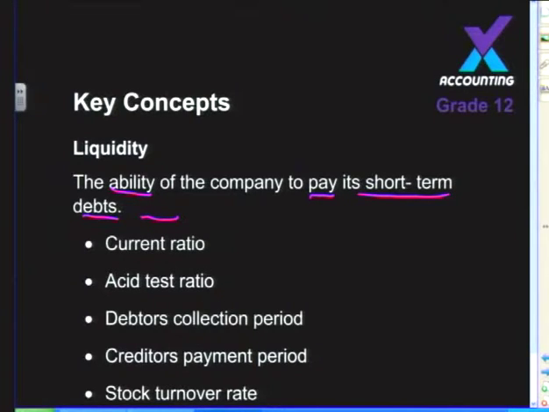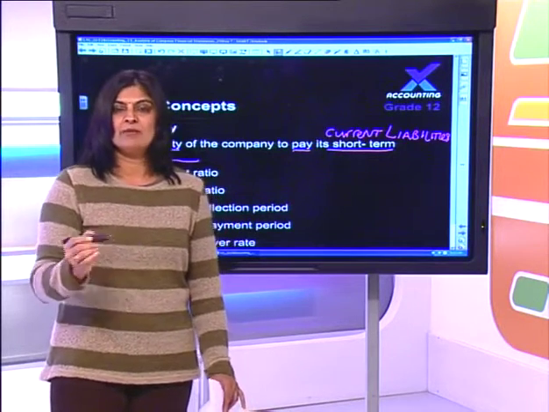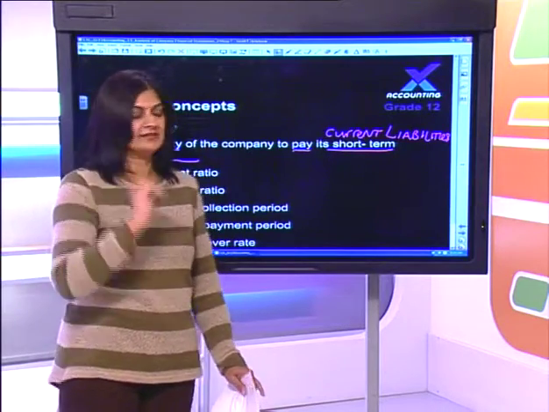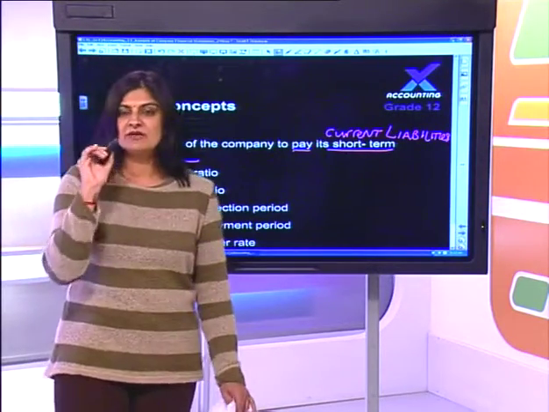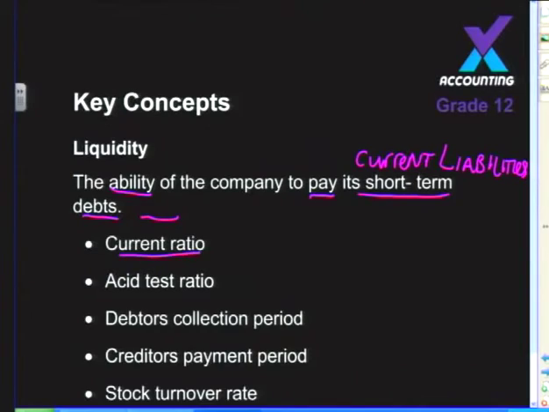Now, what do we mean by short-term debts, guys? Here we're talking about all their current liabilities. So can the business pay their current debt, their current liability, such as their creditors, maybe they have a bank overdraft, maybe a short-term loan. Now, the specific ratios that affect liquidity are your current ratio, then we have the asset test ratio,